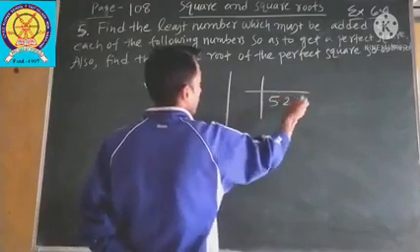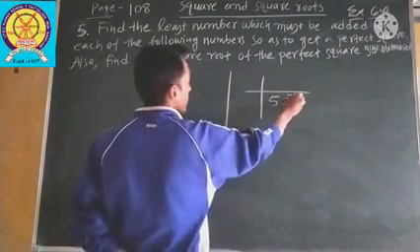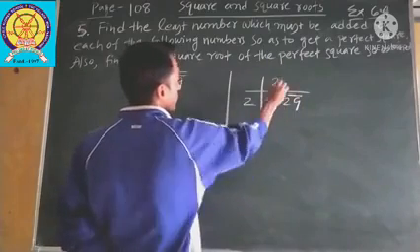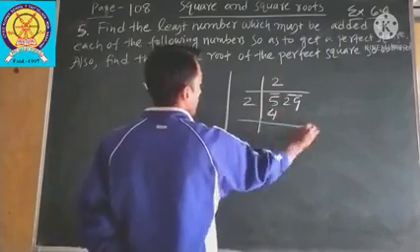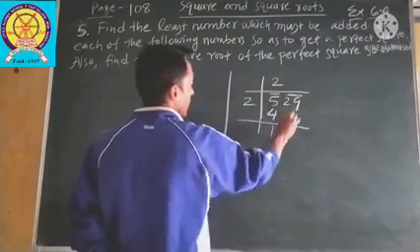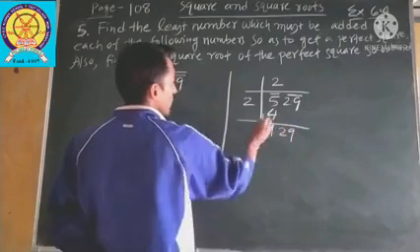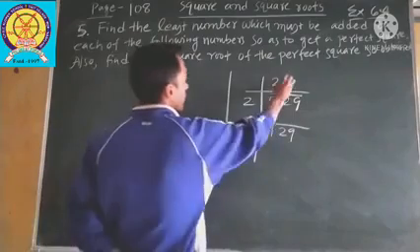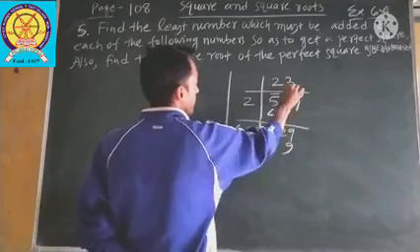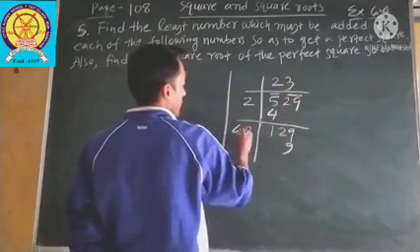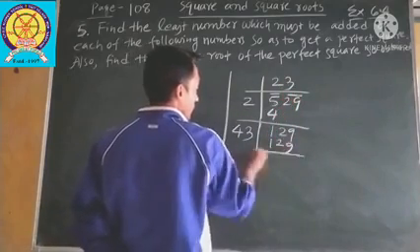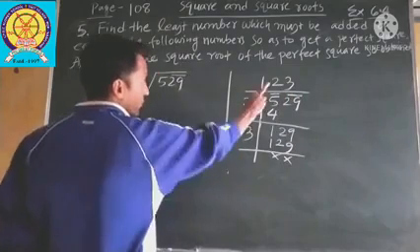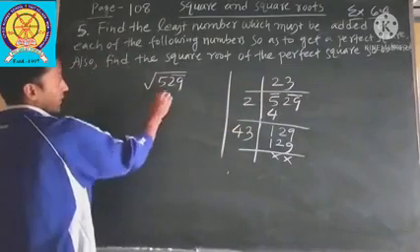This perfect square number, 5 2 9. You make pairs. So we get one pair. This one is single. So you have to give time to the first 5. 2 2s are 4. 5 minus 4 is 1. Now you bring down the next pair. When 2 is doubled, then how much? 2 2s are 4. Now you give 3 times. 3 3s are 9. 3 into 3 is 9. 4 into 3 is 12. If you do subtract, then you will get 0. So how much do we get? The square root of 529?